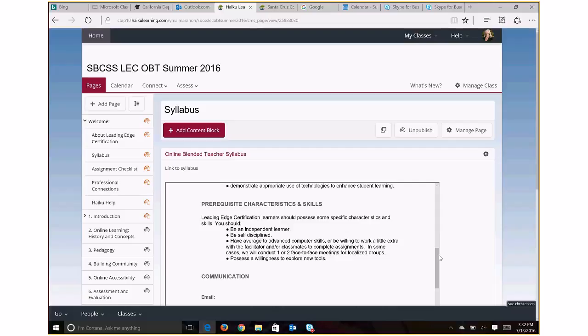Where the penalty might come, though, is that a lot of the work is collaborative. Discussions are collaborative. Some assignments are collaborative. And when the assignments are collaborative and you're not on calendar and on time, that's going to hurt your entire group, or the entire group in the case of discussions. So we really want you to make sure you stay on schedule.